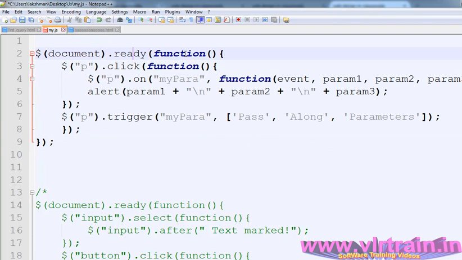So here document.ready function, $ p click, whenever clicking on the p, on method my para. Here this is my para function. Within the function we are passing one event and three parameters, and alert param1, param2, param3. Okay, so $ p trigger. Which one is triggered? My para is triggered. After that we are passing please subscribe